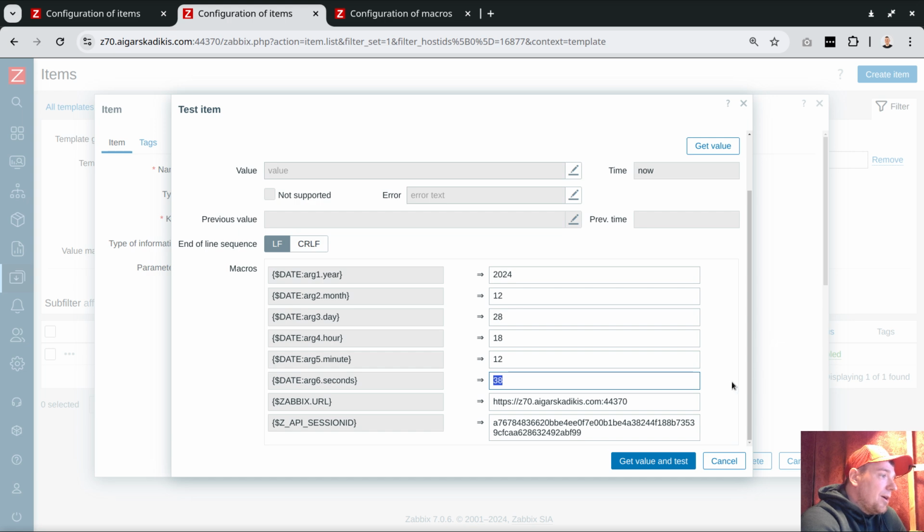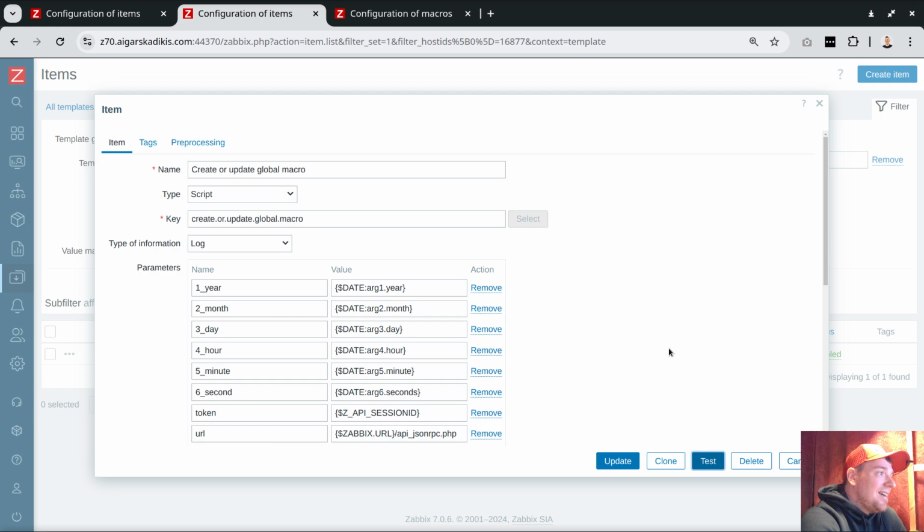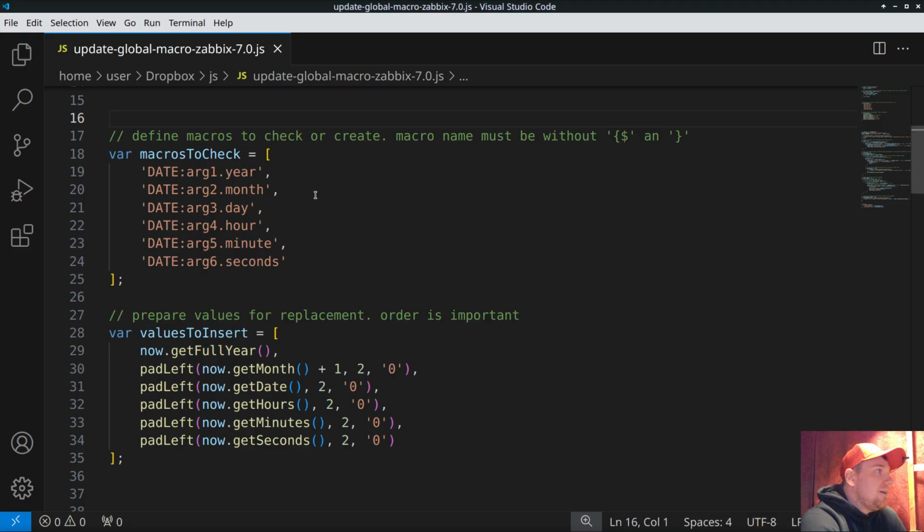And I'm very proud of this sequence. It's as efficient as possible. Like the way the JavaScript is doing it, there is an array which hosts your desired macro name. You set these as argument 1, argument 2, and 3 inside the array. And then another one which defines how you would like to replace what should be inside the actual value field, and then we choose some sort of function to fill the field. So this is the most complex part, and the rest of the script